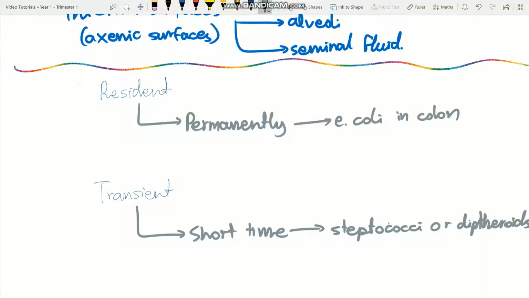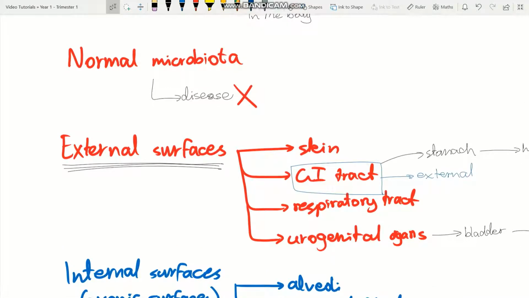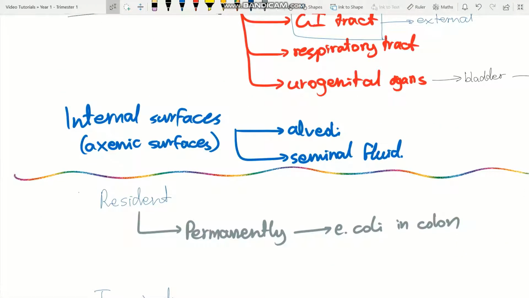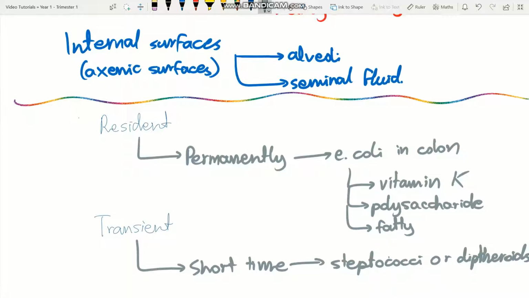So as I mentioned before, these bacteria don't cause any disease, but what's the benefit? There can be many different benefits of these bacteria being present in your body. Firstly, normal biota of the intestine, if we take E. coli for example, are quite important as they allow for the digestion of vitamin K. Because our body is unable to digest some vitamins, some polysaccharides, and even some small fatty acids, these bacteria come in handy, and in addition to other microbiota, they're very helpful in allowing for the digestion of food and ensuring that the body can attain as many nutrients as possible.